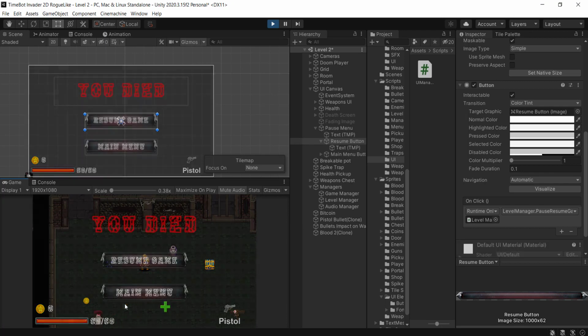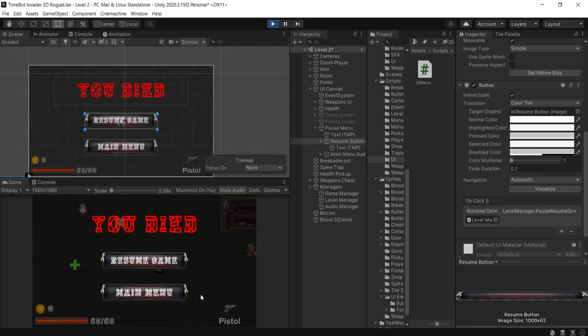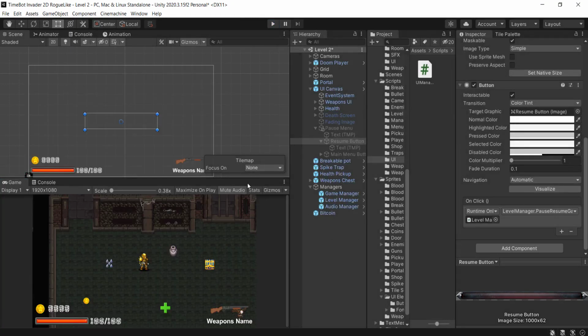But as you can see, if I pause the game, I can still walk around, I can still shoot enemies, and I can still die. Now, if you want to create a Dark Souls-esque type of pausing in the game, where the game continues in the background and you just sit there helplessly trying to figure out what's happening in the menu, be my guest. If not, if you want the world to stop, then continue on into the next